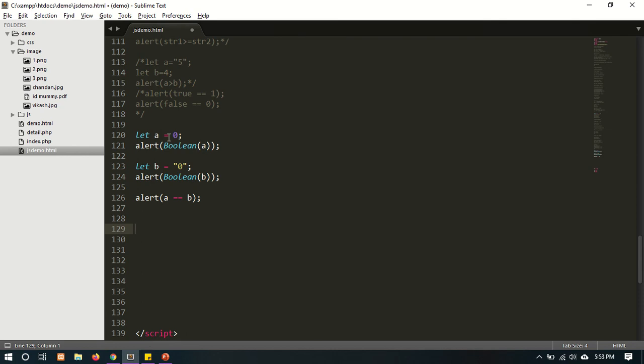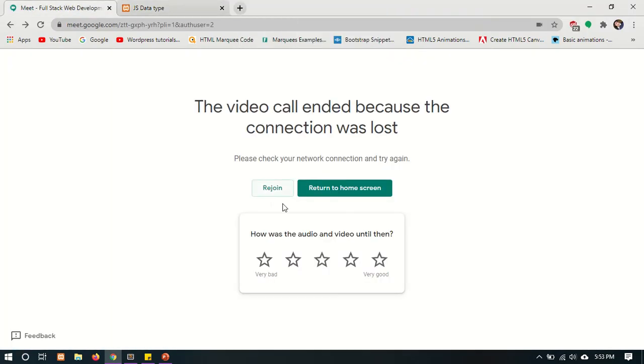Just take another example. I am assigning here a is equal to 5.